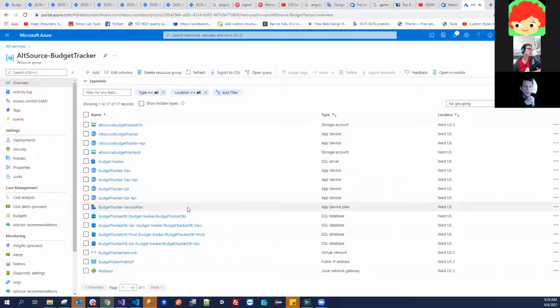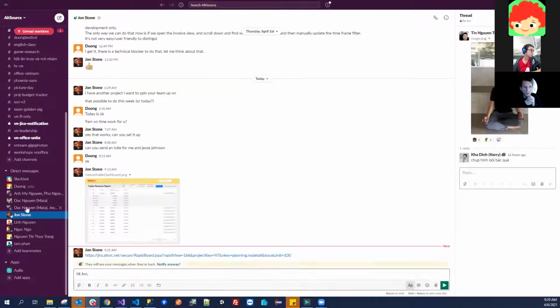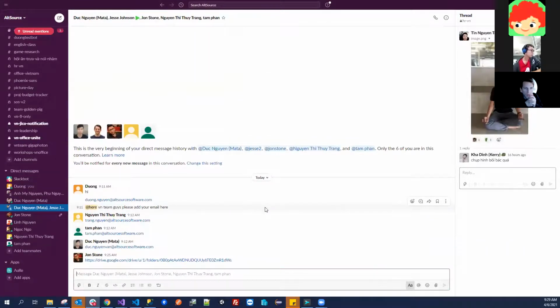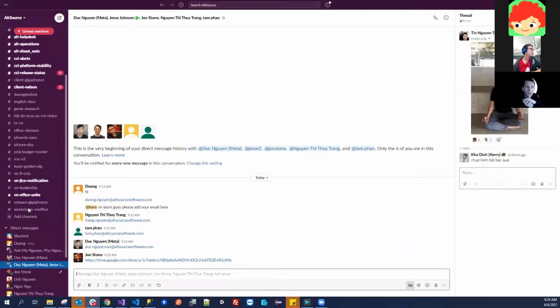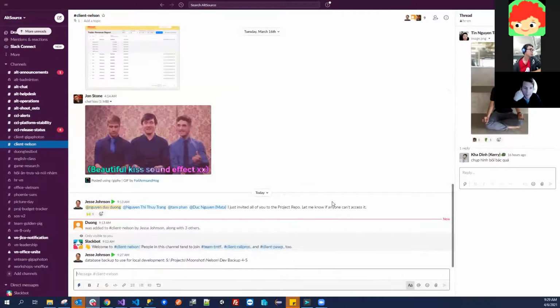Yeah, in Slack I just posted the path in the channel dash client dash Nelson. There you go, this one. So that S drive. See if you can access that.